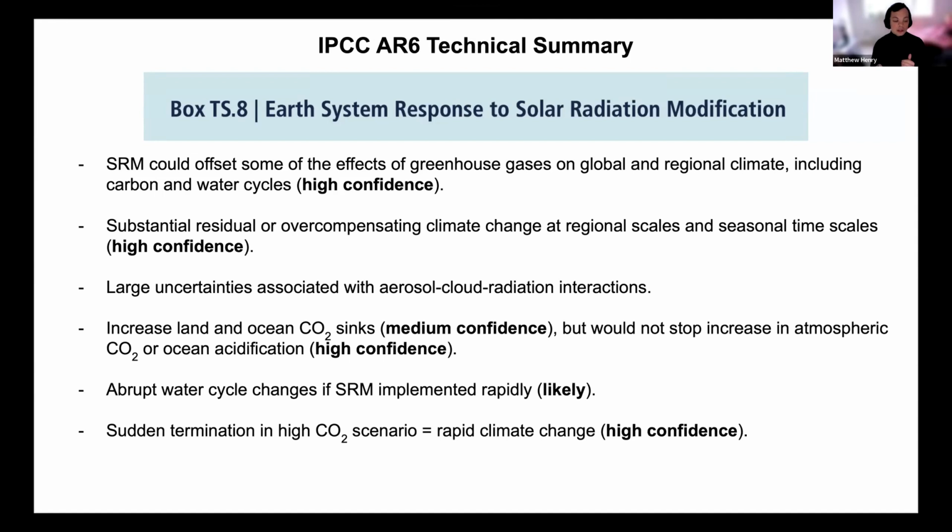The sudden termination in a high CO2 scenario would lead to rapid climate change. Yes, because adding aerosols is only a temporary fix that would mask the warming that would be there otherwise. So if we stop adding aerosols, all the warming that is masked would come back very quickly. That is called the termination shock, and it would lead to very rapid warming,